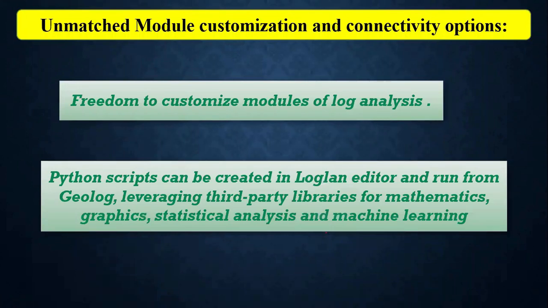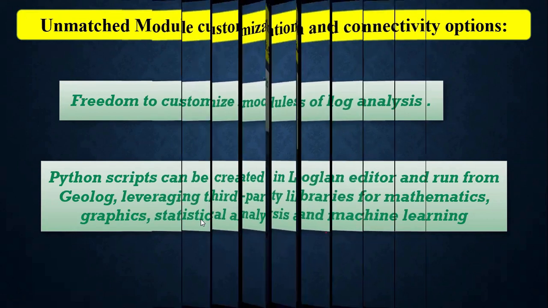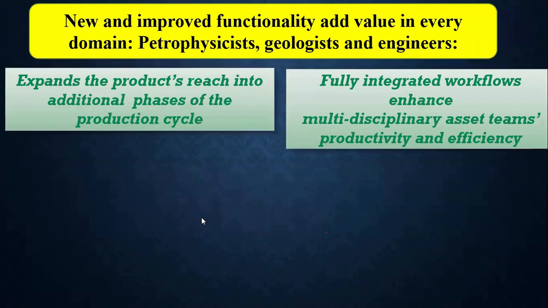There is the freedom to customize modules of log analysis, and Python scripts can be created in Logline. Logline is the programming language for Geolog. So Python scripts can be created in the Logline editor and run from Geolog, and this is one of the most